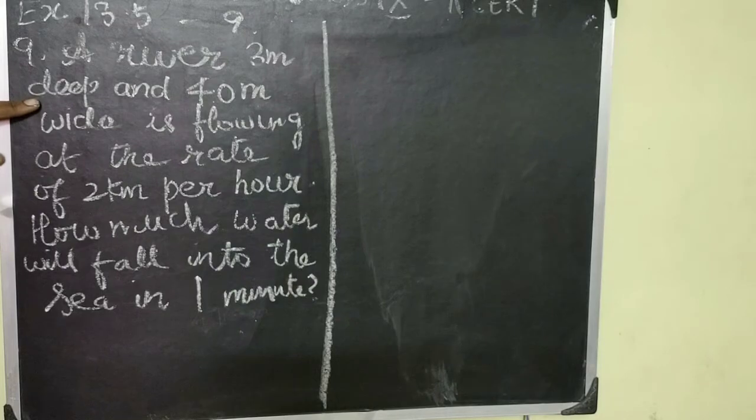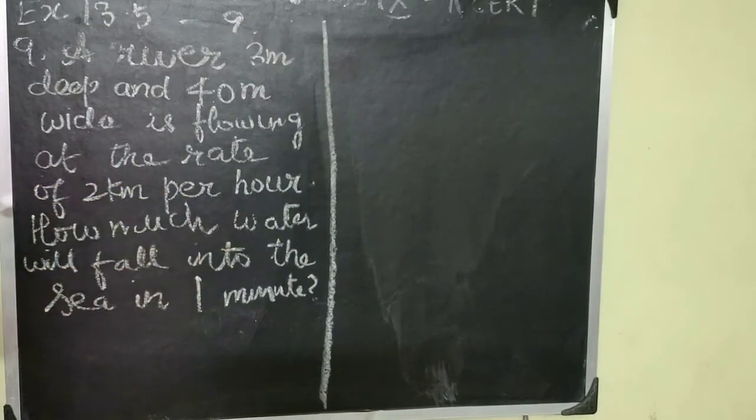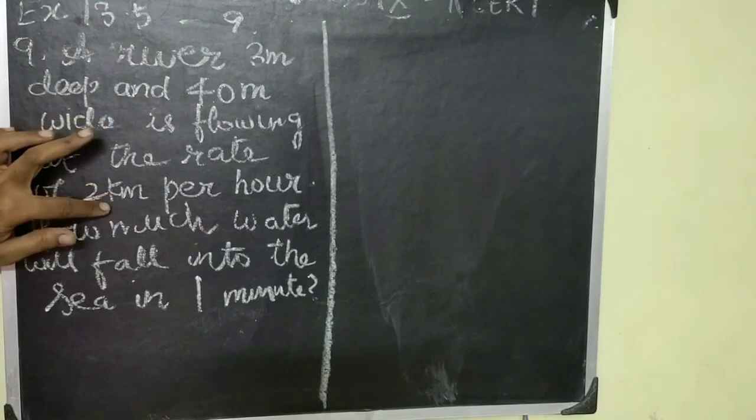So if you imagine a river, you can see the width of the river across the two banks. The depth of the water is your height, and from where it starts to where it ends is generally my length. But here we are going to have a slight change where this 2 km is considered as the length for 1 hour. So here in this sum, it's a cuboid with dimensions 3 meter, 40 meter and 2 km for